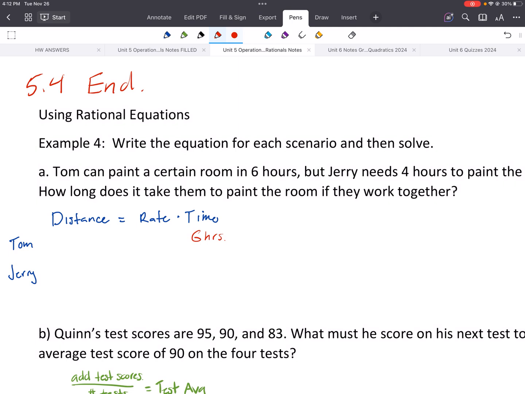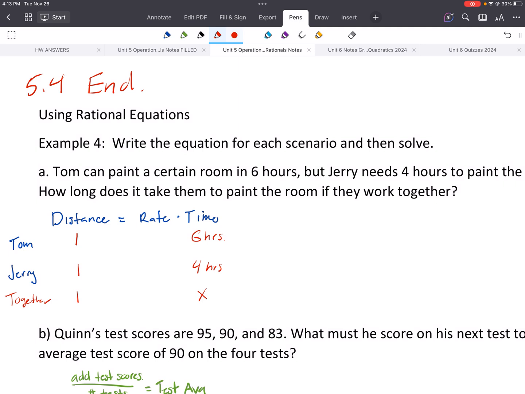So he wants to paint one room, okay? Jerry can do it in 4 hours for the same room, okay? And we want to know what happens if they do it together, okay? So together, again, we're doing one room, but we don't know how long it would take them, okay? So the only thing that we're missing here for all of these, for Tom and Jerry, and together, is the rate, which means that we could